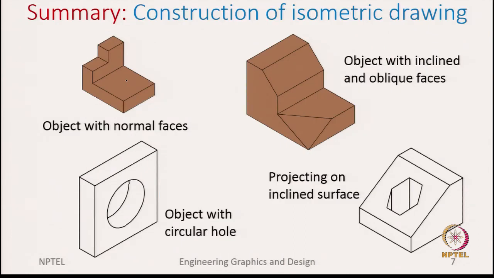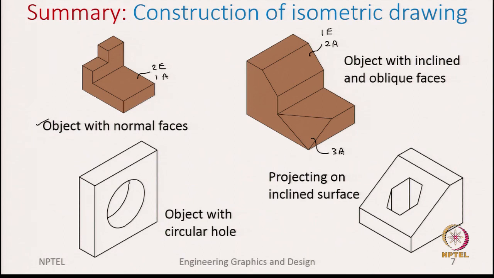Essentially, in summary, what we have seen in this lecture is how we draw isometric views for an object with normal surfaces. We said a normal surface is one which is parallel to one of the principal planes. So, for example, this surface will look as an edge in 2 of the principal views, but as an area in one of the principal views. So, it looks as 2 edges and 1 area. And an inclined surface, we said, looks as one edge in one of the principal views, and in the other 2 principal views it looks as an area. But for the oblique, in all 3 principal views it looks as an area.